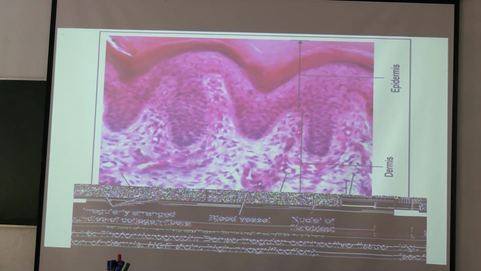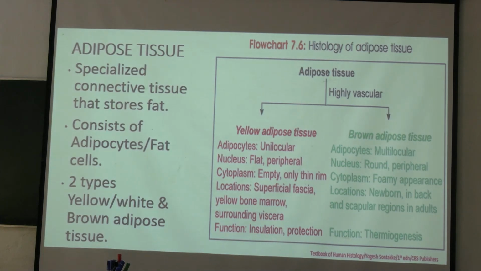See here, this is skin. So this part is the epidermis. Okay, below this line, this is the dermis. This is example of dense irregular connective tissue. This pink material is the keratin. This is a picture of thick skin. Okay. So no hair is present in previous picture. Thick skin have no hairs, and this keratin layer will be very thick.